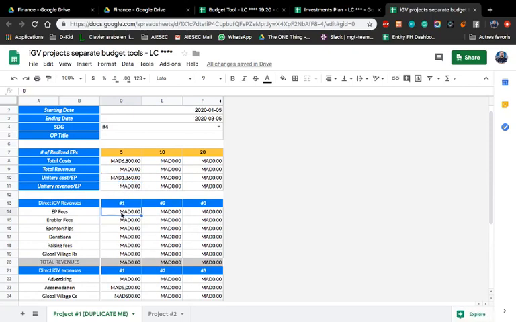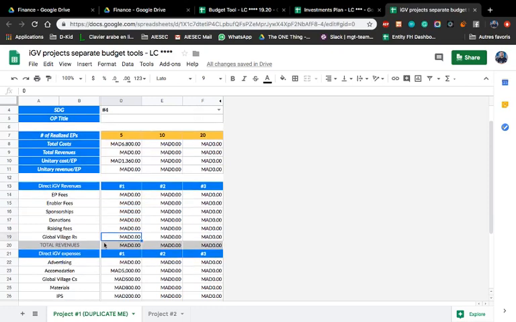So here you have the choice. Either you compensate this cost with the TN fees, or you go for the option of raising an opportunity with an enabler fee, which simply means that the NGO pays you a certain amount for every EP that you bring into the NGO, or you can also work on the global village revenues. For example, if you organize a global village, try to minimize the cost, for example at 500 dirhams,